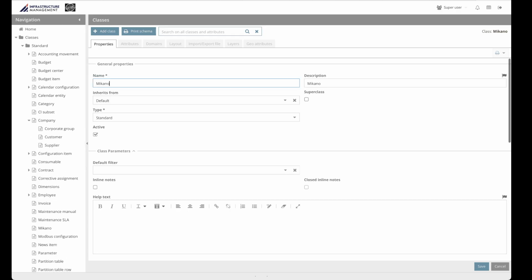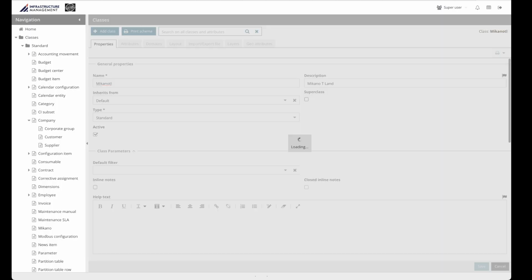I can say Meccano TL, which is I can come to the description. I can say Meccano TLAN, for instance. This is a sample. I can delete it whenever, and you can add whatever. So if I do Meccano TLAN and I save it,